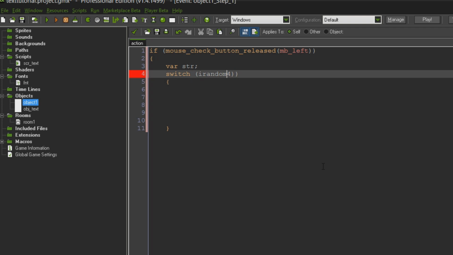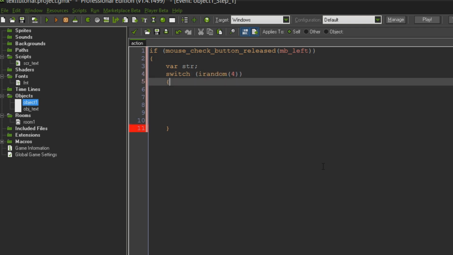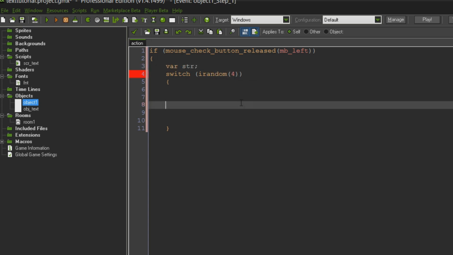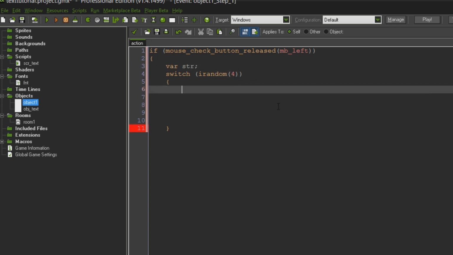Basically what I'm doing here is creating 4 random scenarios and setting this string to be something based on a random number between 0 and 4. So case 0, in case our random number comes up with 0,